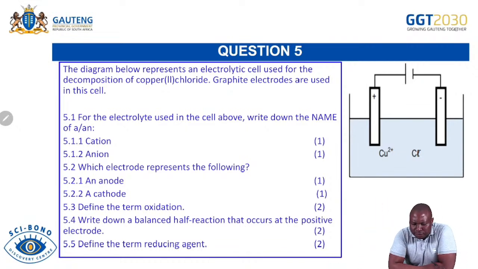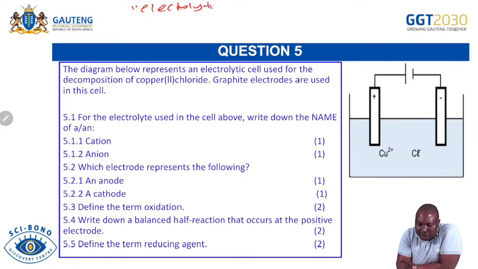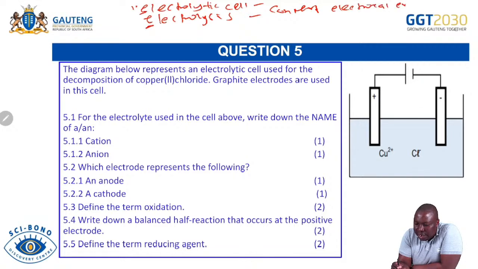Remember things to remind yourself. When you're dealing with the electrolytic cell, before you do anything, remind yourself of this definition. What is an electrolytic cell? What is electrolysis? So this is a cell, this is a process. Electrolytic cell is a cell, electrolysis is a process, but all of them convert electrical energy to chemical energy. Please don't forget that.